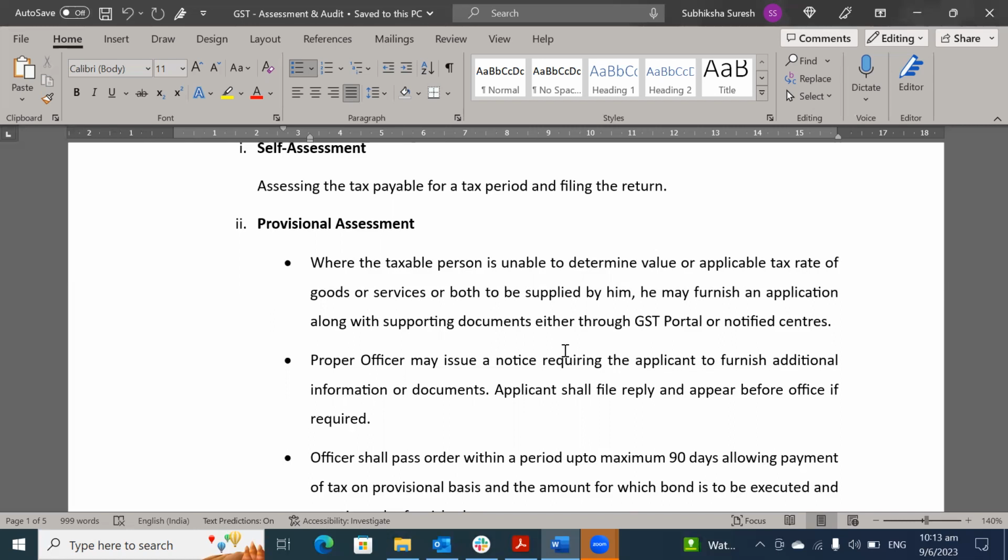So he will apply to the proper officer with an application and a bond, saying that any difference of the tax between the provisional basis and the actual basis will be paid by him, along with a security of 25% of the bond value. After the application has been made by the registered taxable person, the proper officer will reply to that notice within 90 days saying that this is the tax rate you have to pay and this is the value of supply. So once the supply has been made,